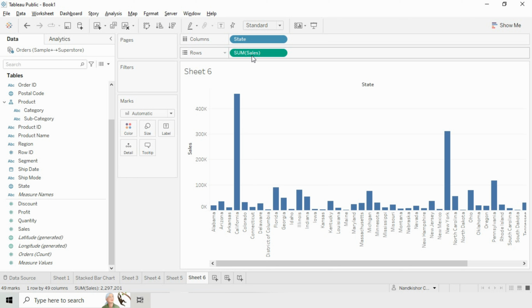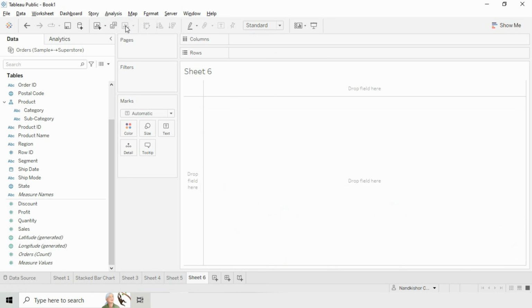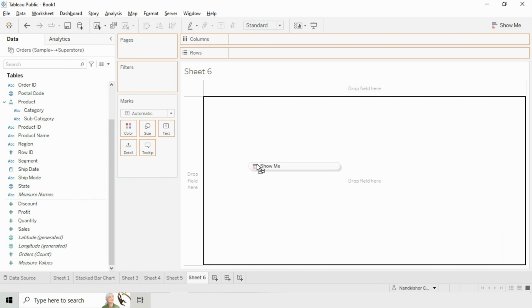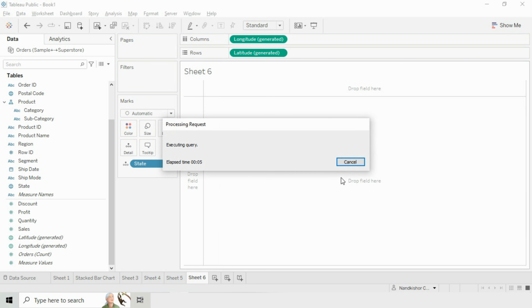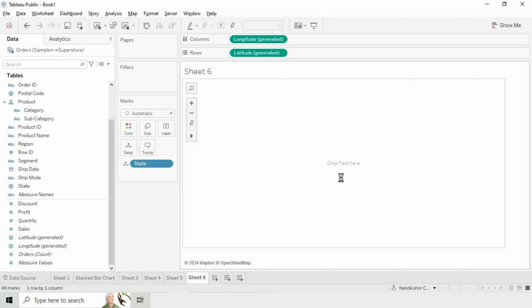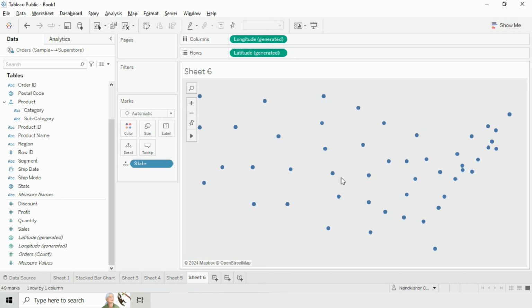Especially we are going to see the symbol maps today. So let's plot the map. Just simply delete all this, pull your state into the view, and as soon as you pull the state, it will plot the map of the United States. You see,